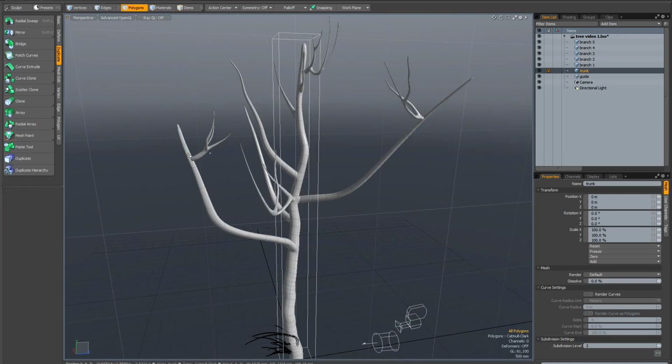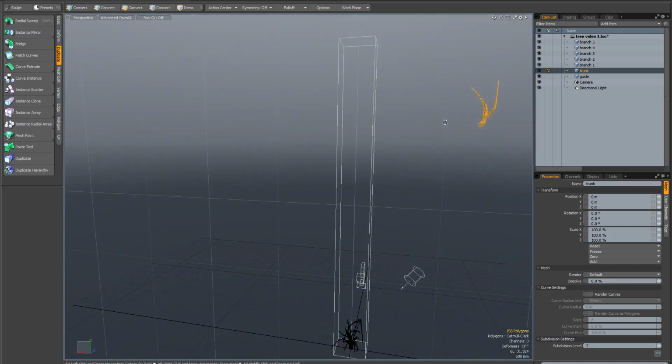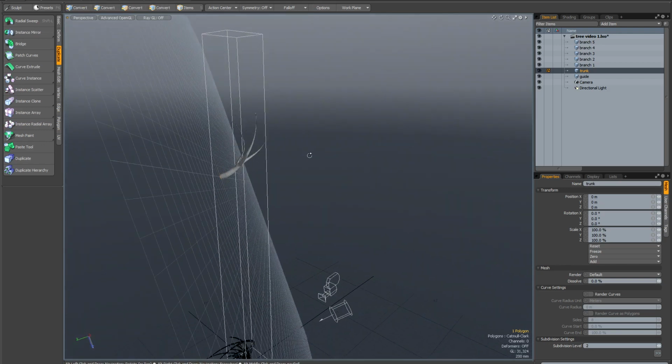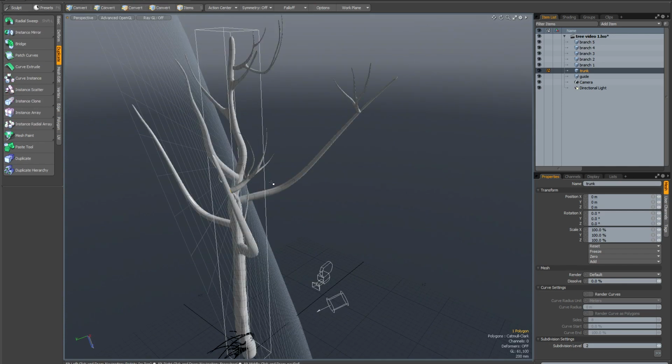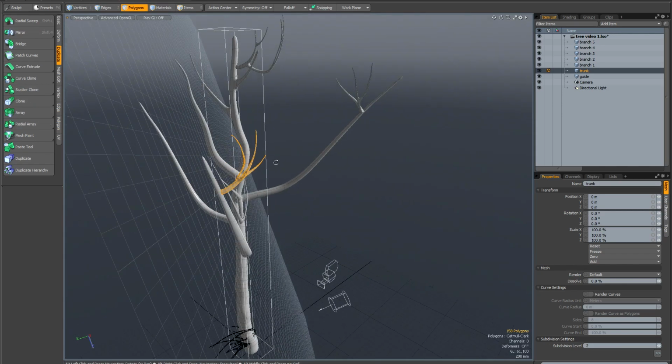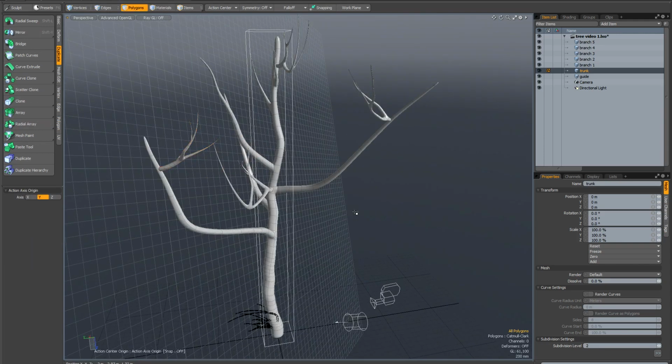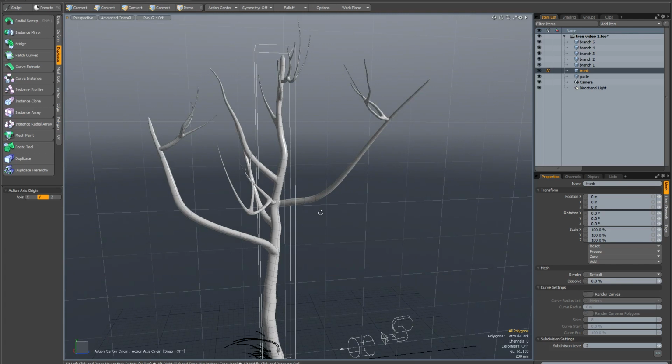So in this case, let's say I want to do this, and select this and Shift H to hide everything else, and then let me just select the polygon at the end, and let me just hover over it and hit Home, so I can put my work plane at the base of this, and then I can unhide the rest of the tree, and then double click to select all of this. And now if I select my scale tool by hitting R and then Alt W to go to origin, I can now stretch this out, change the shape of it. Once I'm happy with the shape, I'll just drop the selection, hit End to reset my work plane,